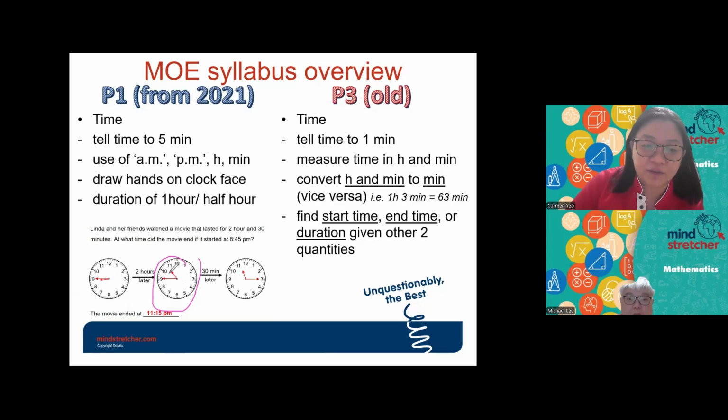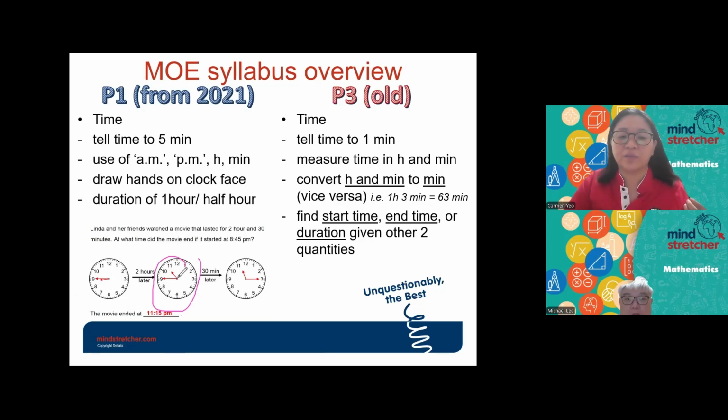For 10:45, the minute hand must be pointing to 9, and then the short hand must be pointing between 10 and 11, but nearer to 11. Okay, so these are the tiny details that we will tend to look out for when students are learning this